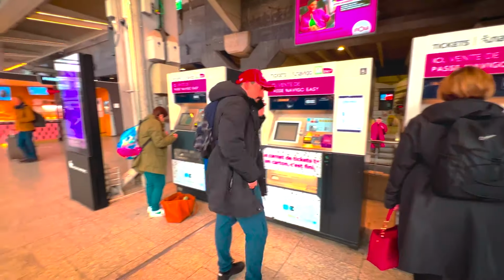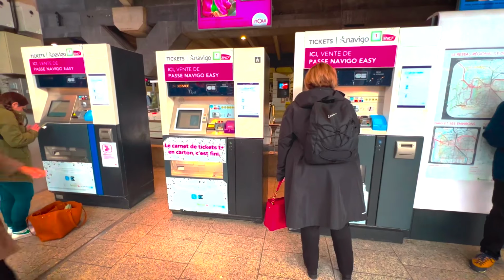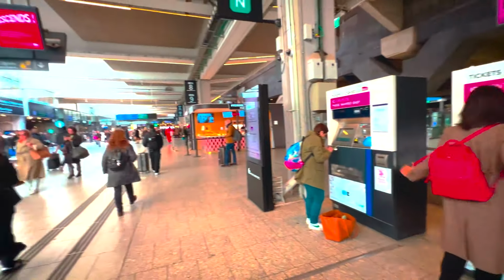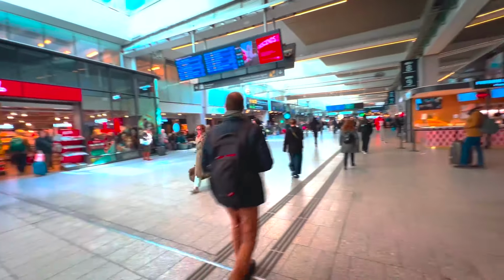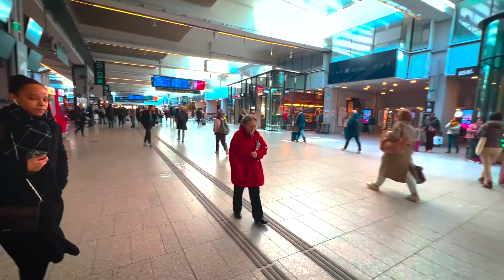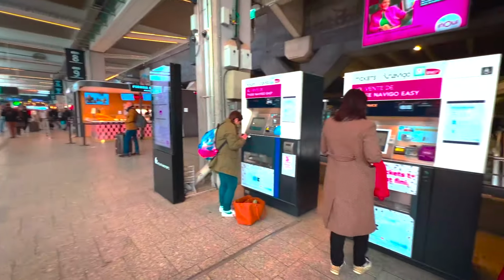Here is an automated Navigo Easy Pass station. You can find these in the main train stations in Paris. However, I don't necessarily recommend them. You're likely to have your luggage with you. It's a bit difficult to find them, and I'm going to show you 2 easy ways to purchase Metro passes